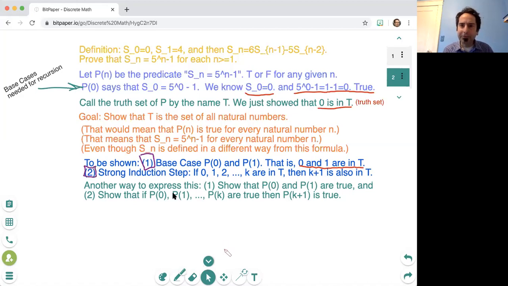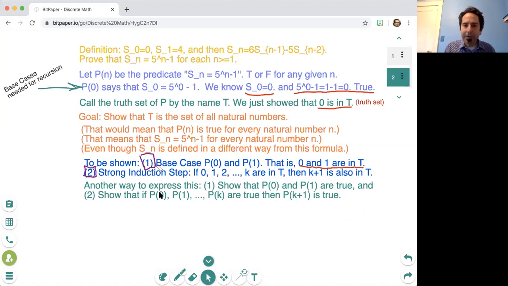I think we should go to P of k plus 1 is true. Right, we'd like to prove that. Therefore, P of k plus 1 is true. Well, here k is a constant, k is some particular but unspecified natural number,